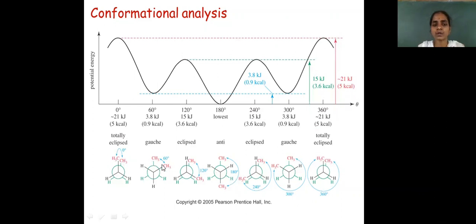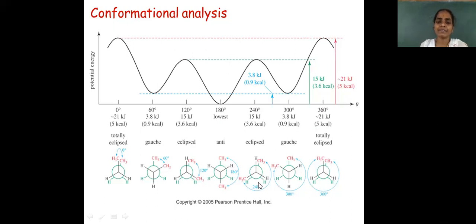If there is a rotation of 60 degrees, that is called the gauche conformation. And if it is 120 degrees, it is called the eclipsed conformation. And here, the anti-conformation. Why are we calling it the anti-conformation? Because the methyl groups are in an anti-position, where the repulsion is very less compared to the first structure. Where the repulsion is more, it is less stable. But here the repulsion is very less, in an anti-position, which is the most stable of all these conformations. The anti-conformation is the most stable one.